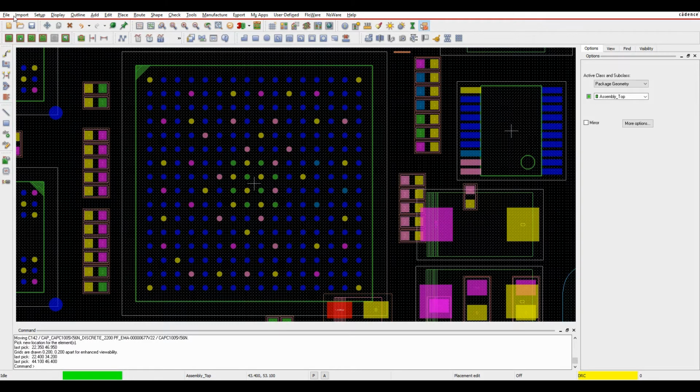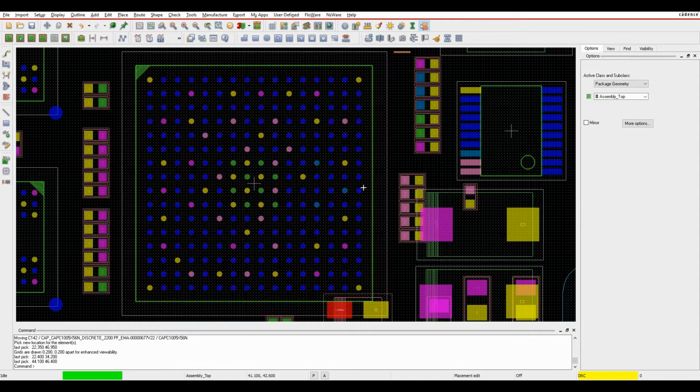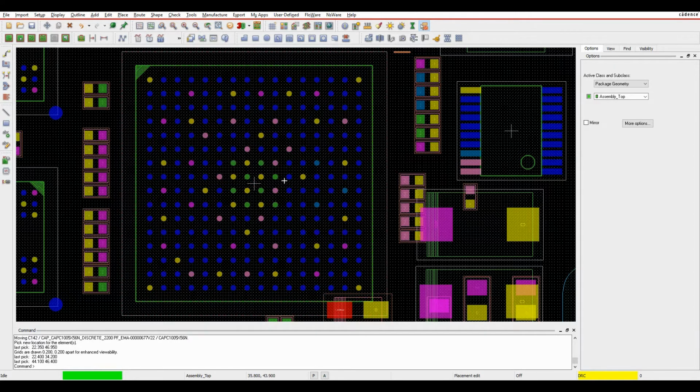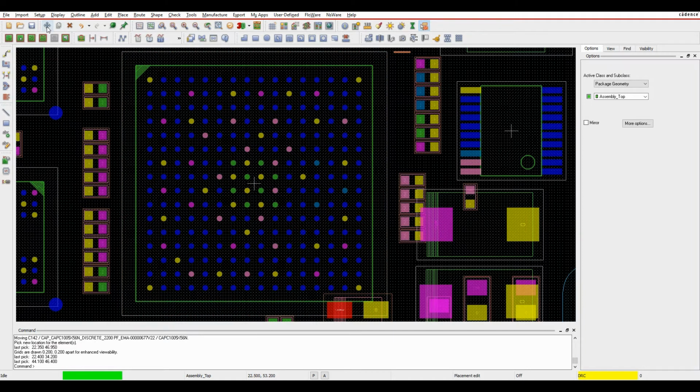So by default, obviously, setup grids would allow you to specify effectively a non-etch grid and an etch grid, which will allow you, from a placing component point of view, and you can see this non-etch grid here now. But maybe I've got to place some decoupling capacitors inside this BGA, and I want to make this grid a little bit better, or a bit coarser. So I can obviously go to setup grids and change the grids that way, but if I just want to do something locally,